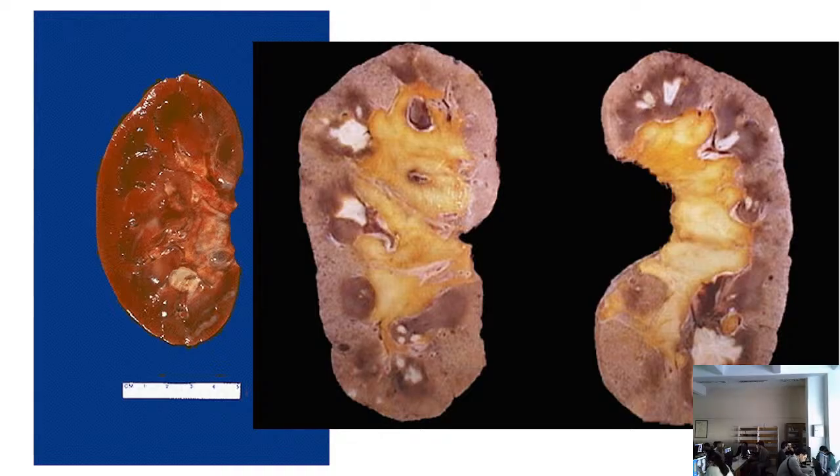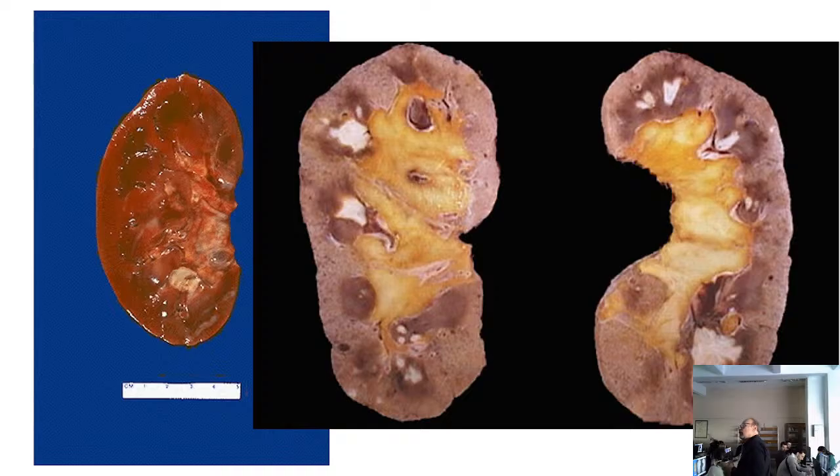Ascending infection, that means due to the stasis of the urine, we have microbes developing and they all go up and make abscesses. And the other cause is, yeah? I was going to say maybe if the patient has bacteremia. That's right, hematogenous spread. A patient has septicemia or bacteremia, and by the blood, the microbes reach the kidney parenchyma, and they make some very small microabscesses throughout the renal cortex mainly, the renal parenchyma. So these are the two causes of